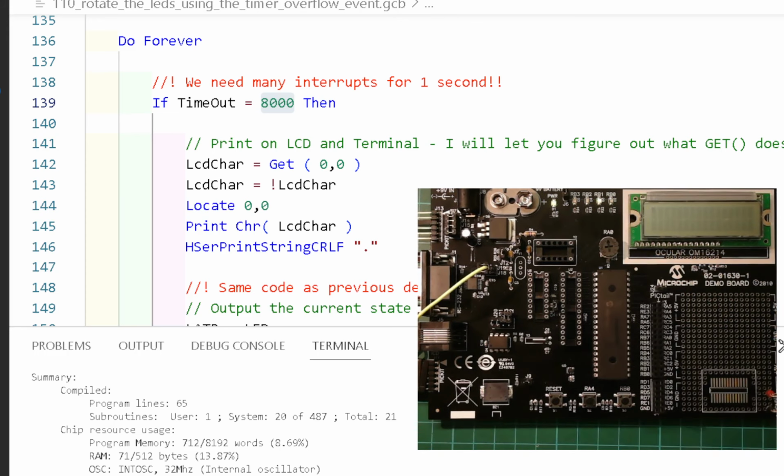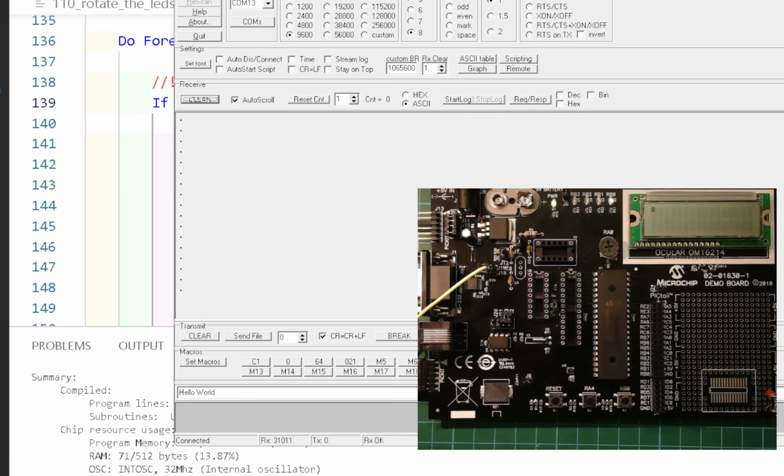And this is because I counted 8,000 interrupts, but I'm actually counting 8,000 overflows. So I just set the overflow up. And we'll use this overflow mechanism later on. The LCD command basically says, get what's there, invert it, which is the not sign, and put something back. Look, it's not rocket science. If I look at the terminal, what's the terminal telling us? Oh, look, if I put the time on,